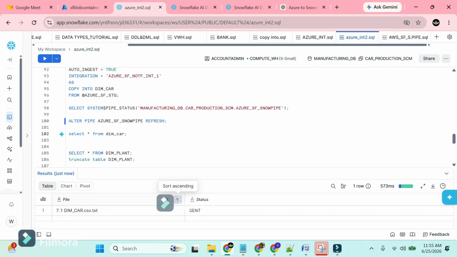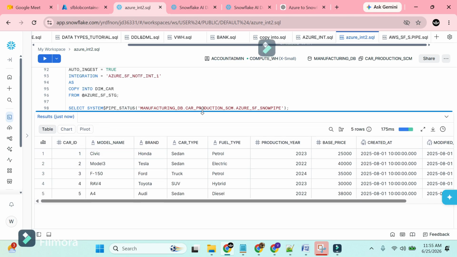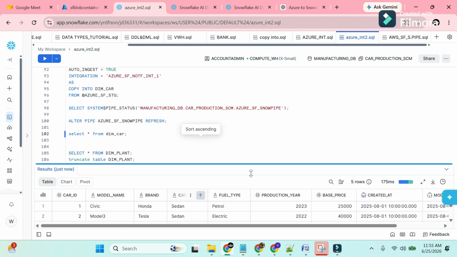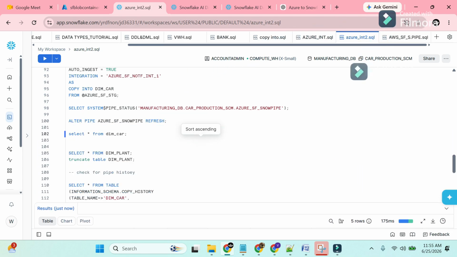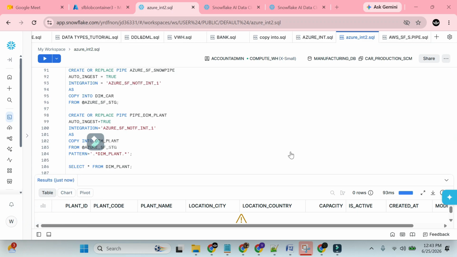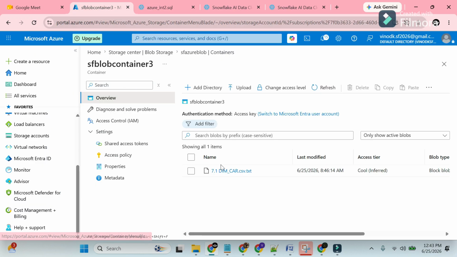Now check the data. Control enter. See the data. Data already existed. 5 rows have been exported to the Snowflake table successfully. Now, till now we have discussed how to load the data from Azure Blob to Snowflake using snowpipe. So the next one is that if you check here, we have loaded an already existing file. Okay, now what I will do,